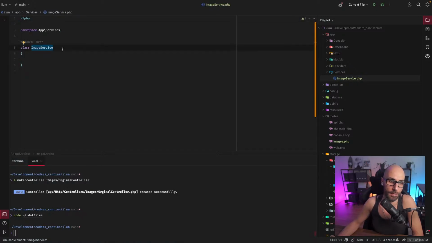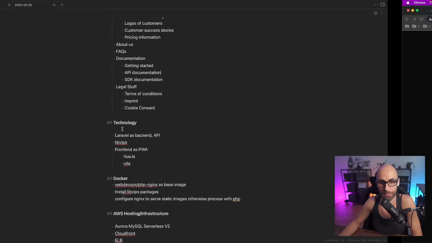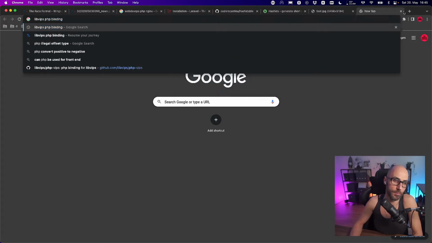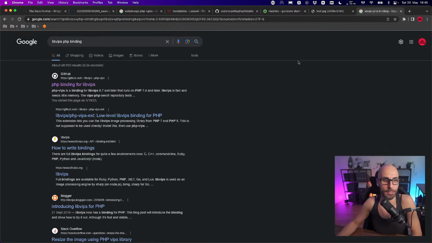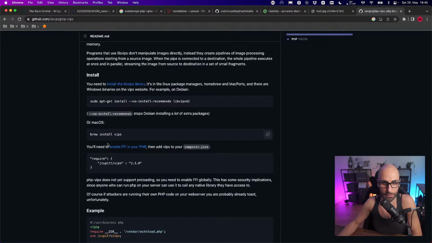All right, and as we are here, we would need the library we talked about in our technology stuff. So it's this libvips library, which also comes with PHP bindings, and that's something we also need to pull in. I already installed Vips on my local machine, and the thing we would then need is